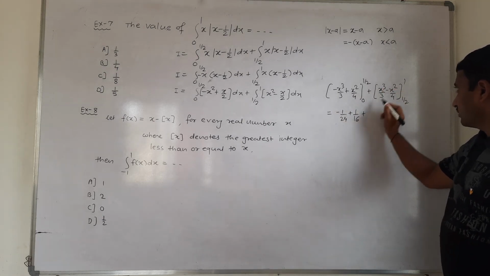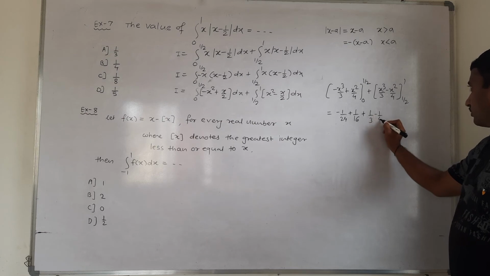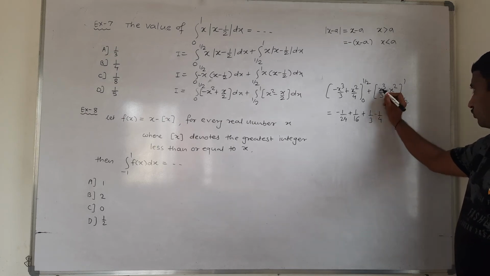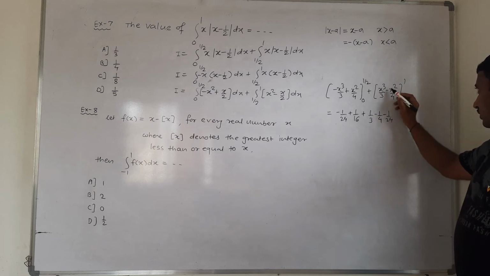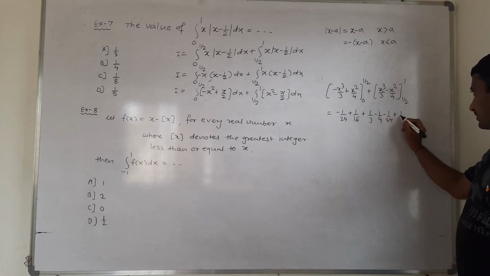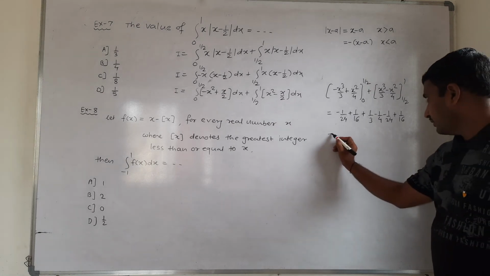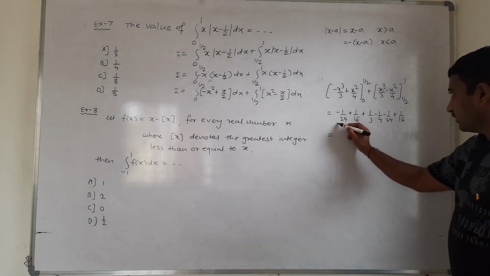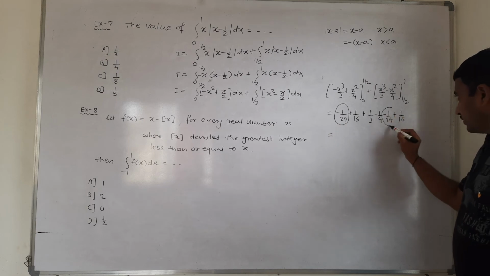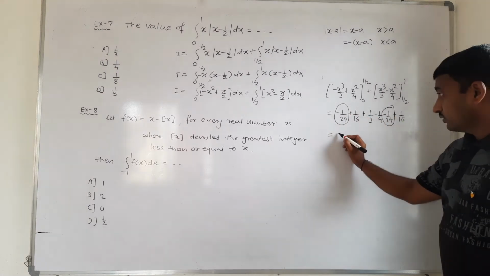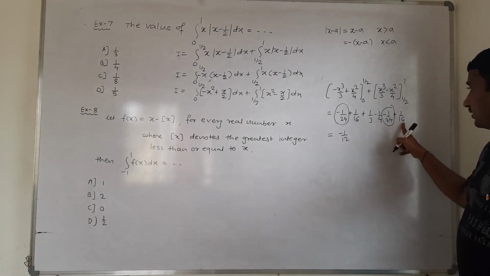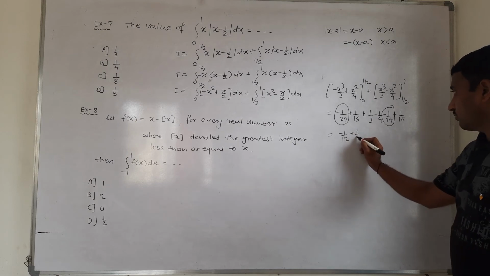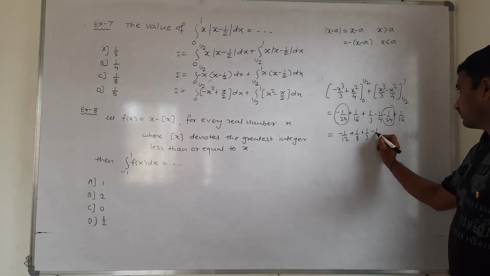Upper limit 1 by 3 minus 1 by 4. Lower limit 1 by 2: 1 by 2 cube is 1 by 8, and 3, 1 by 24, lower limit minus 1 by 24. Lower limit minus this, minus plus 1 by 2 square is 1 by 4 and 1 by 16. Check this. Now this minus 1 by 24, this minus 1 by 24, that is minus 2 by 24, that is minus 1 by 12. 1 by 16, 1 by 16, 2 by 16, that is 1 by 8, plus 1 by 8. Then 1 by 3 minus 1 by 4.